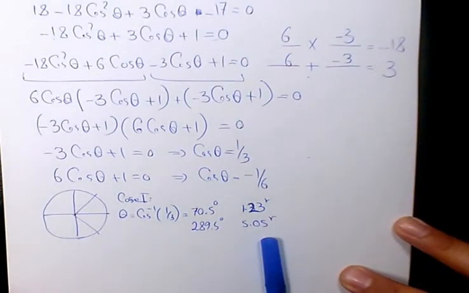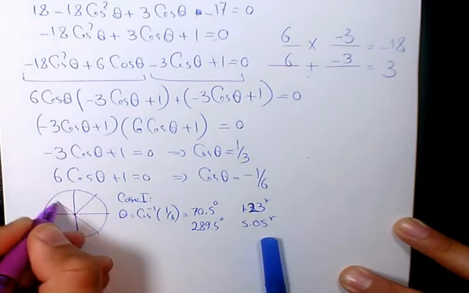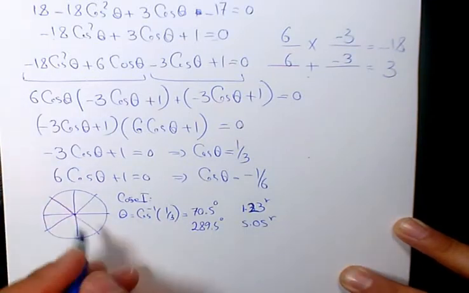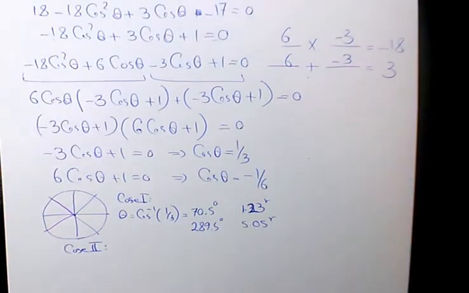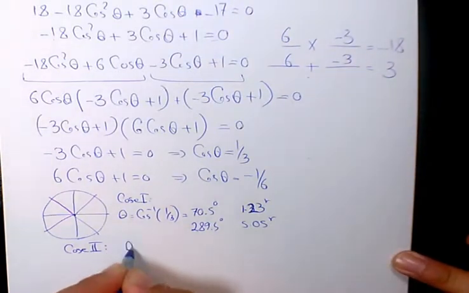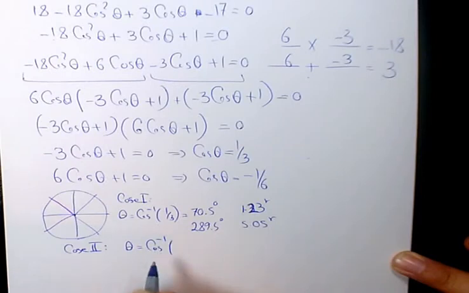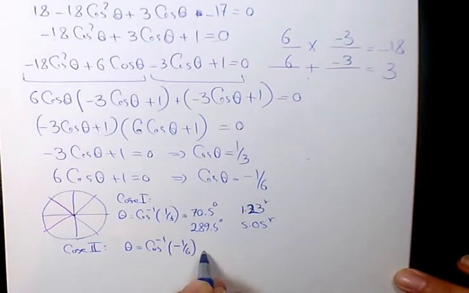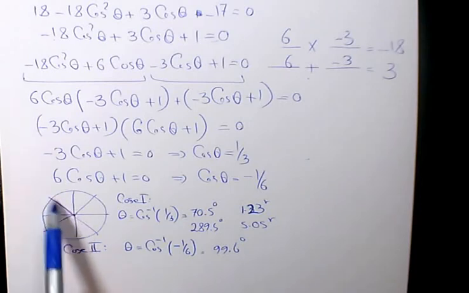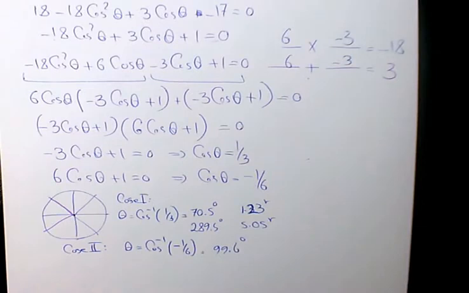For the second case, cosine theta equals negative 1 over 6, which will be in quadrant 2 and quadrant 3. So case 2, theta will be cosine inverse of negative 1 over 6, just put it in the calculator. That makes it 99.6 degrees for the second quadrant. For the third quadrant, that will be